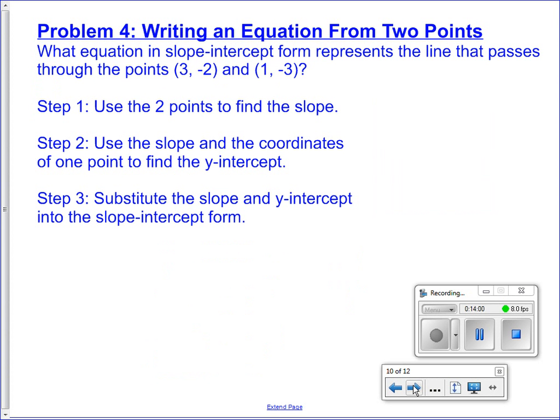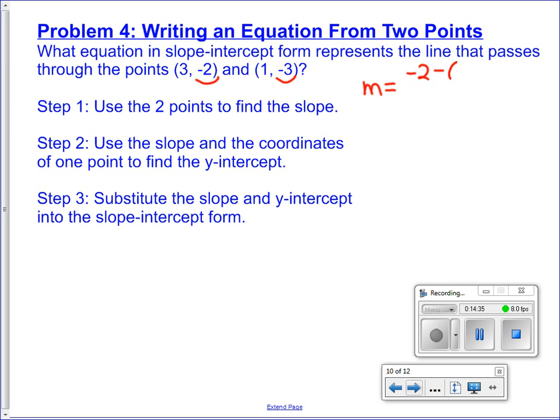All right, problem 4. What equation in slope-intercept form represents the line that passes through the points (3, -2) and (1, -3)? All right, so step 1 is to use the 2 points to find the slope. So here we go back on step 1 to our slope formula. Our slope, and we'll use m to represent the slope, is the change in our y values, which would be